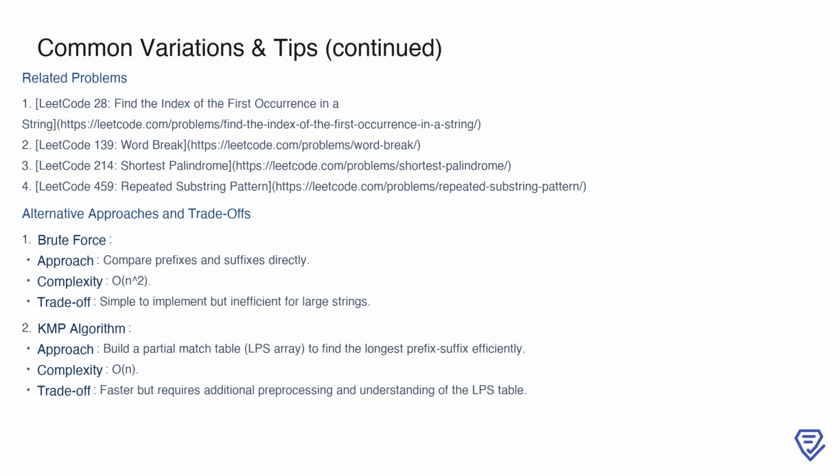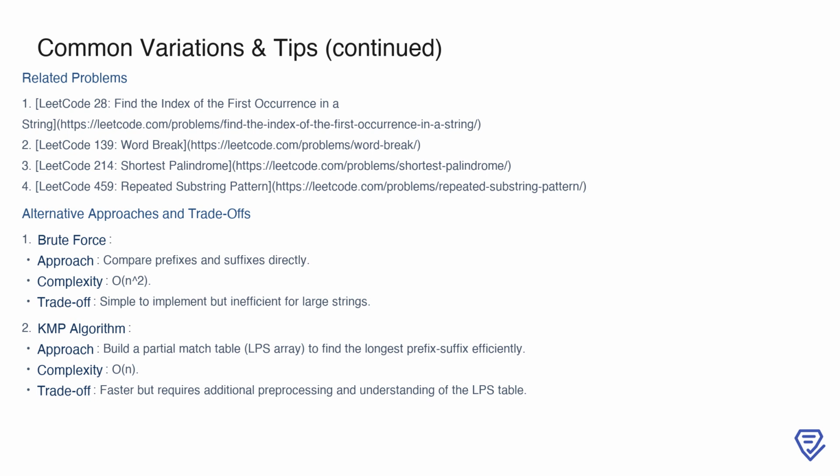Now, let's consider the different approaches to solving the longest happy prefix problem. A brute force solution involves directly comparing prefixes and suffixes. While straightforward to implement, its O(n²) complexity makes it impractical for large strings. On the other hand, the KMP algorithm builds a partial match table, or LPS array, to find the longest prefix-suffix efficiently in O(n) time. This approach is faster, but it requires additional pre-processing and a solid understanding of how the